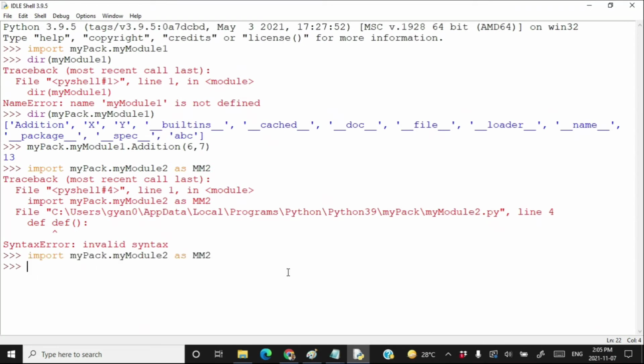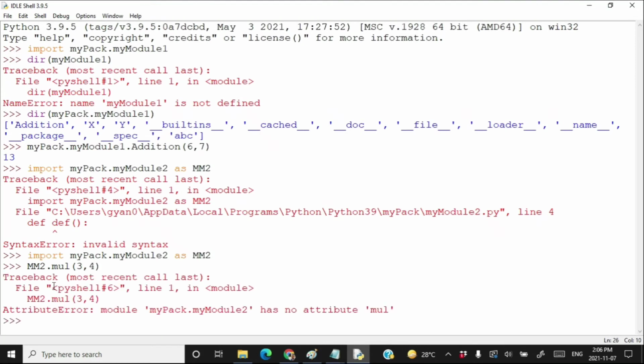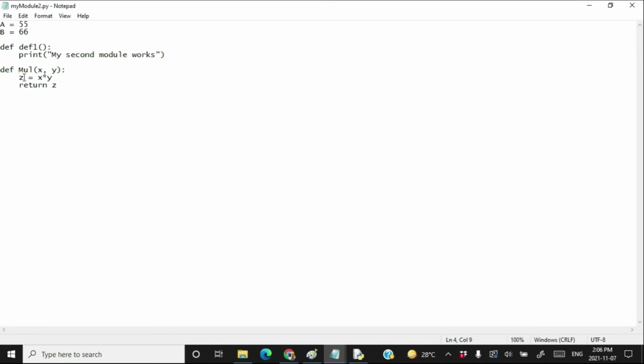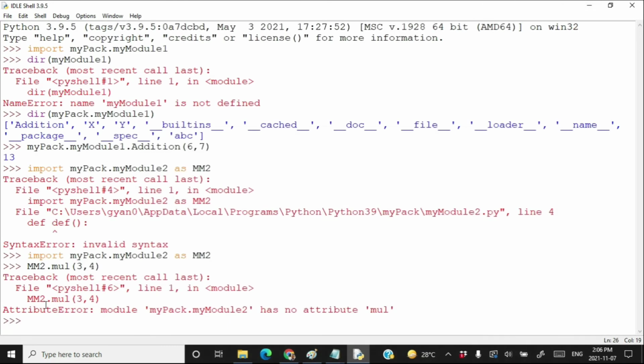But instead of writing mypack.mymodule2.mul, you can just write mm2.mul and pass the two variables in it. It says that the module does not have any attribute mul. Why is it saying this? Because in the module, the spelling of Mul starts with capital M, and here we are writing a small m.